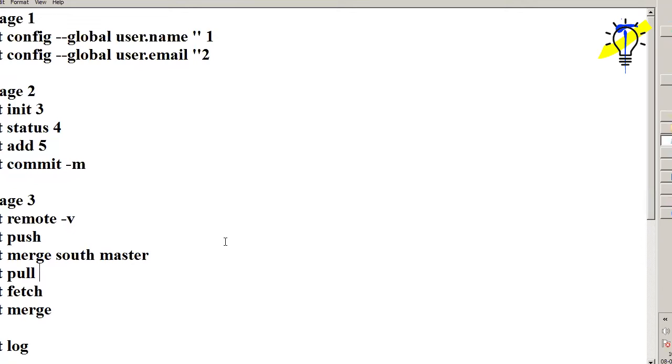So Sarvesh, can you explain the git push command? Git push is used to synchronize the data of our source to the remote repository. The data which is available in our local repository will get synced in the remote repository.